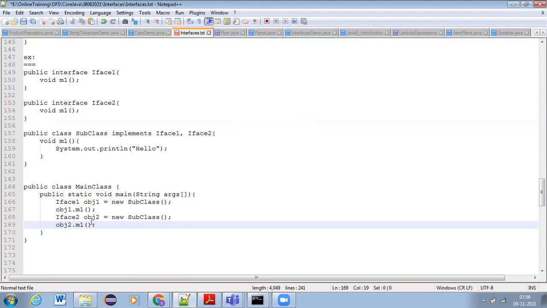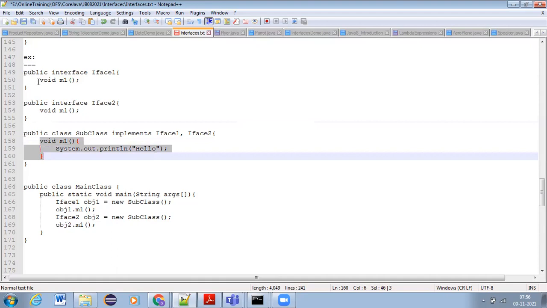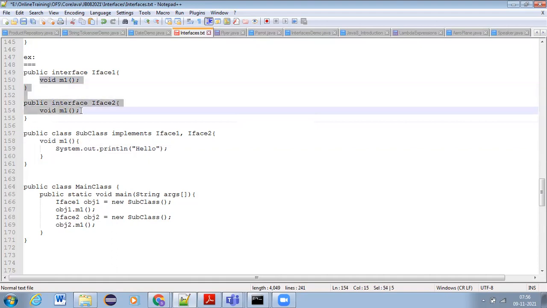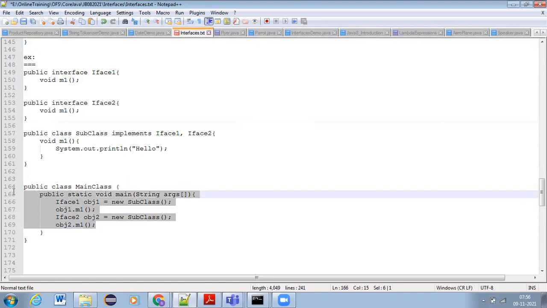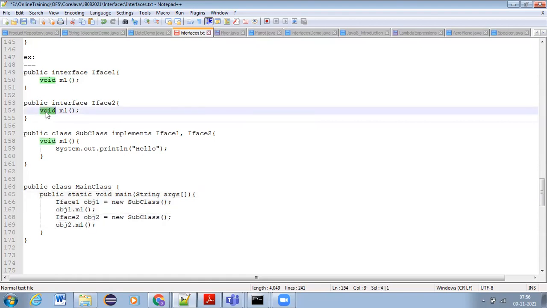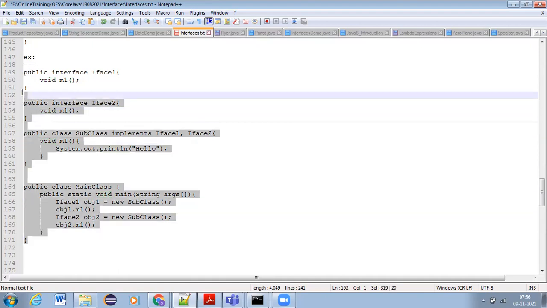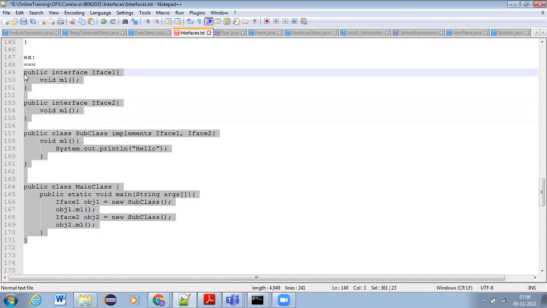A single implementation is enough in case both the parent interfaces have the same method. Using any reference, you can call that method, it will be invoked. This is the way we need to implement in case both the interfaces have the same method.